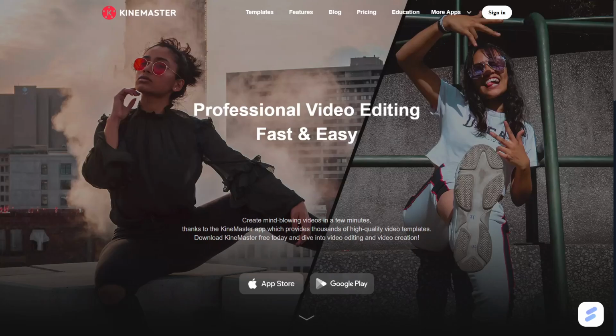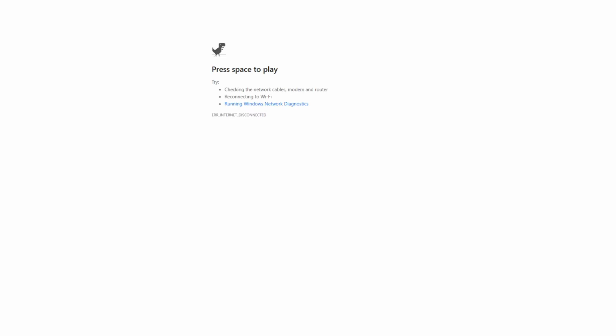KineMaster versus LumaFusion. Choosing the right mobile video editor can completely change how you create professional videos without complicated desktop software. Both offer powerful tools but differ in features and usability. KineMaster and LumaFusion are two leading mobile video editors designed for creators on the go. KineMaster offers a versatile, user-friendly interface with layered editing, while LumaFusion focuses on advanced multi-track editing and color correction for